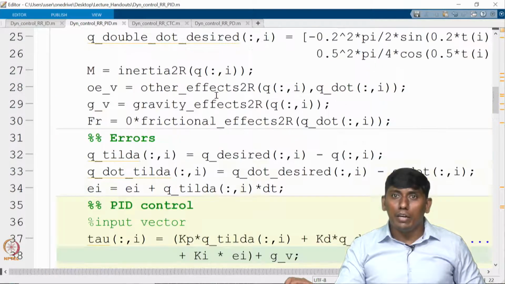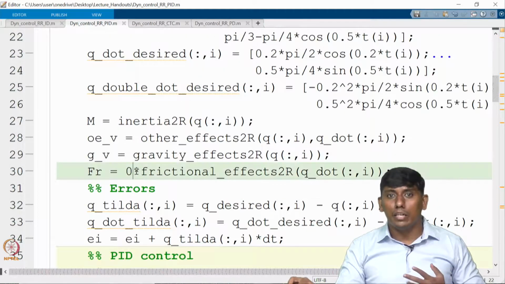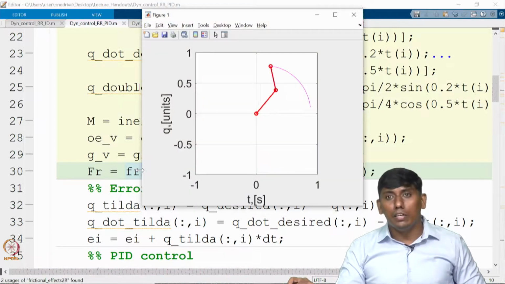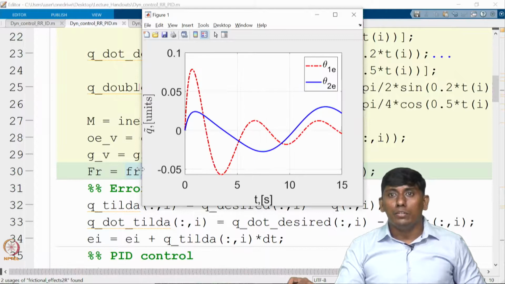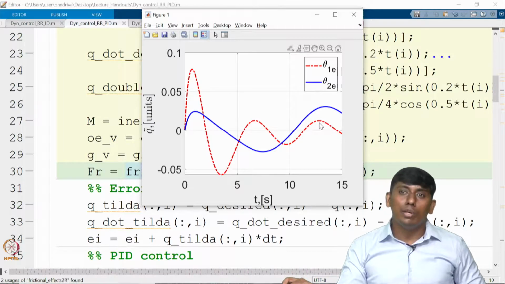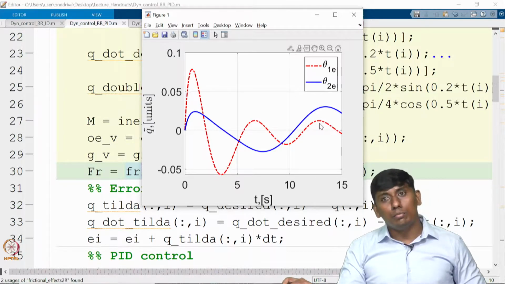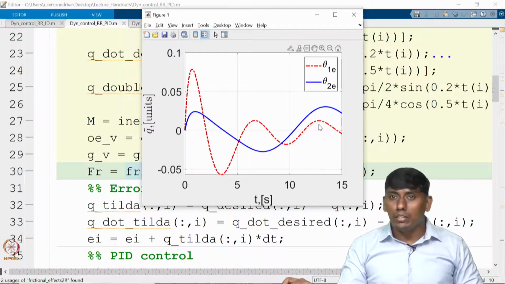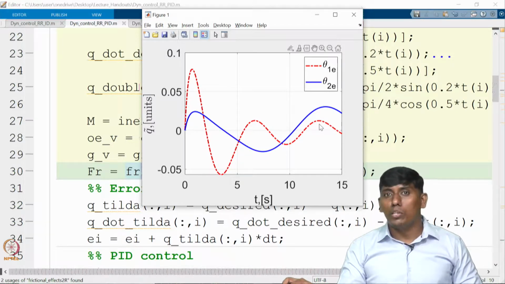Now even if I add some friction, for example I am adding a friction, you can see some different phenomena here. It is trying to follow, okay. But you can see it is not propagating like what you have seen in the computed torque control, right? Here it is still under control. That is the advantage of motion based control. That's why we are trying combined feedforward cum feedback. That is the whole idea.